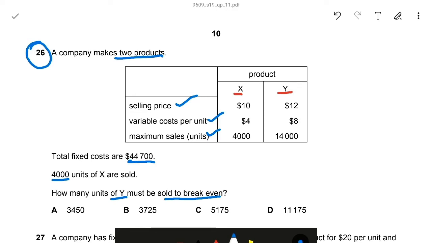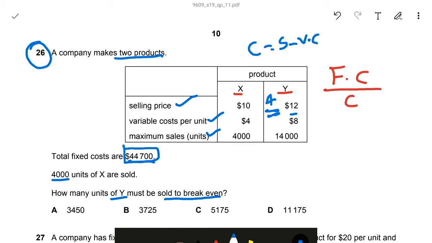So let's check. Break even sales is equal to fixed cost divided by contribution. What is contribution? Contribution is equal to selling price minus variable cost. Here, Y's contribution 12 minus 8 is equal to 4. 4 is Y's contribution. Then fixed cost. Total fixed cost is